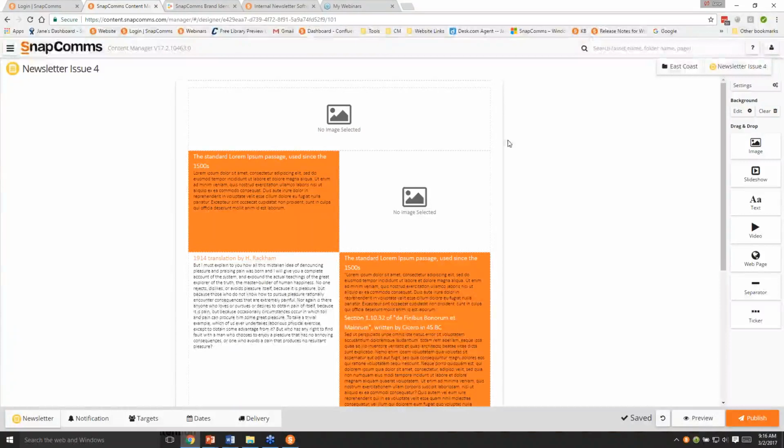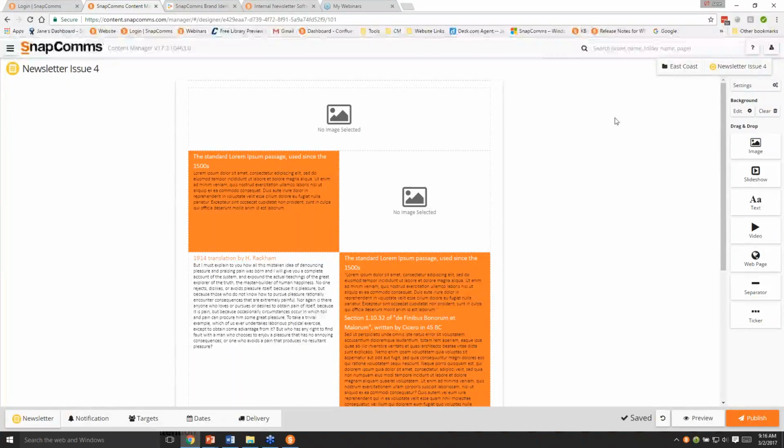The template you've chosen is on screen. There are the 2 columns. There's the header, and there is placeholder content which can be edited, deleted, or replaced with any of these content modules on the right, which can be simply dragged and dropped into the newsletter. But before we get started with that, I'm just going to take you on a general